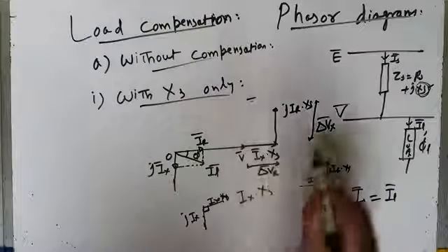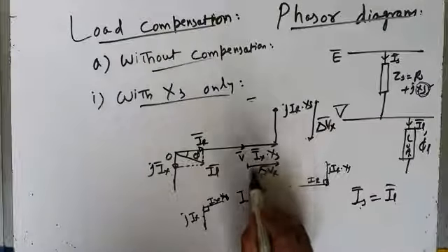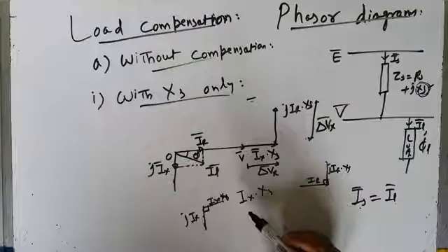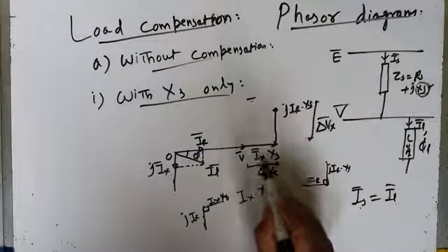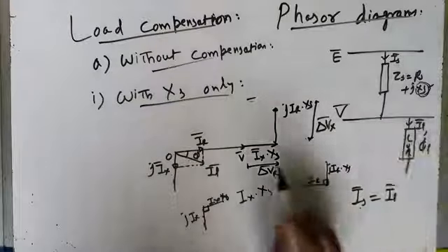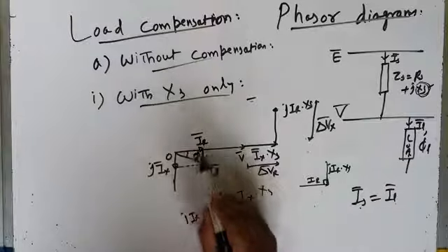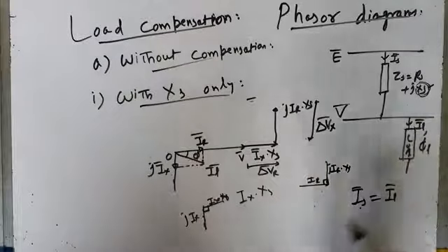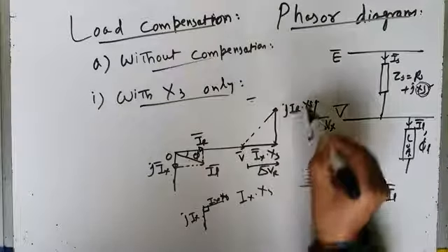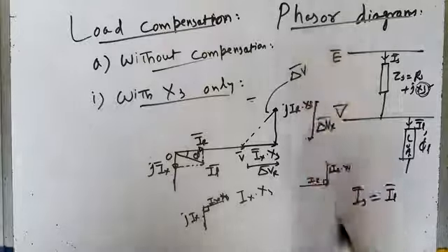This is delta VR, this is delta Vx. This is the in phase voltage drop, and this is the quadrature voltage drop. This voltage drop is because of the reactive component of current, which represents the reactive power, and this voltage drop is because of the real component of current or in phase component of current, which represents the active power. So what is delta VR plus delta Vx? Delta VR plus delta Vx is nothing but the voltage drop delta V.